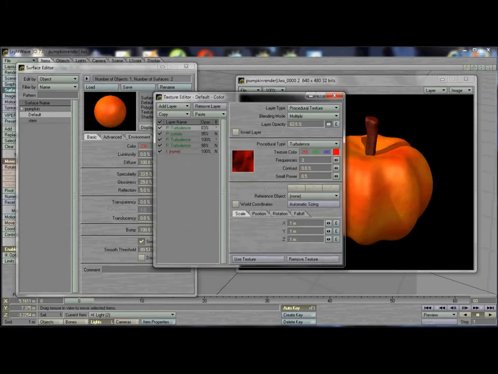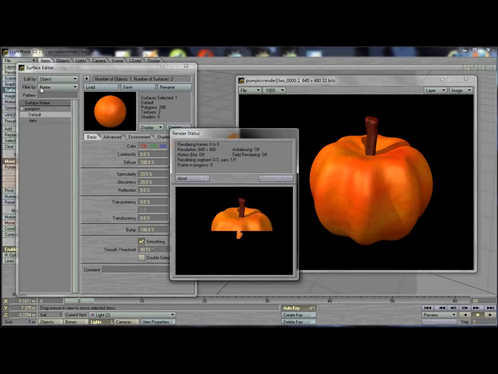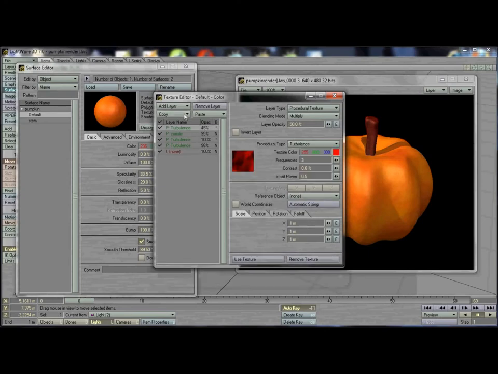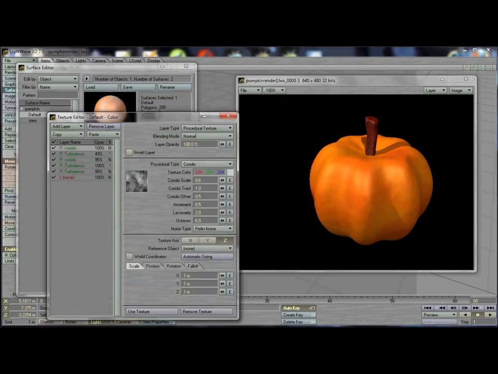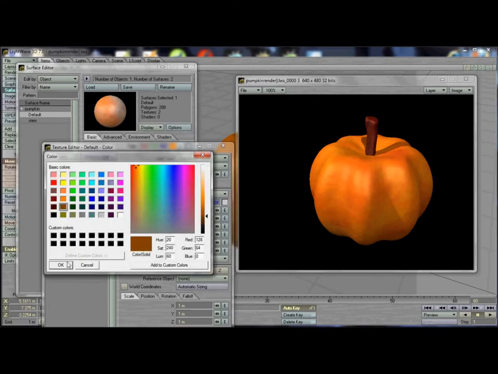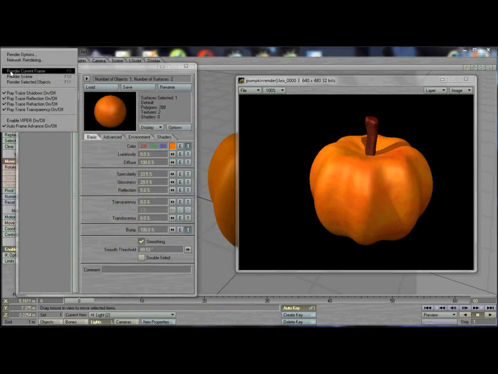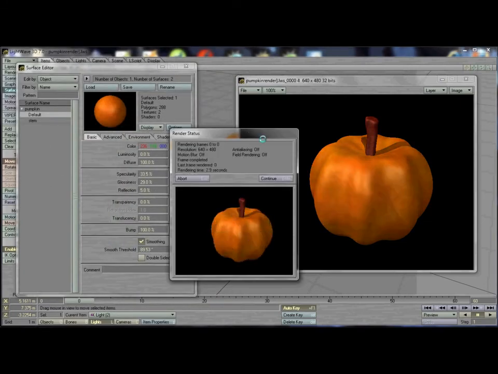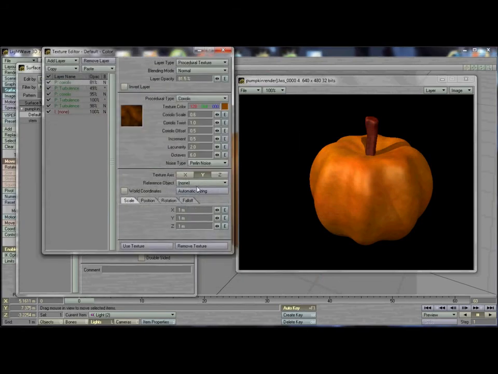The cool thing about getting objects and setting up a simple render scene like this, just a camera and two cross lightings, is you can play really quick with a quick renderer, and then do a final render where you really turn up your anti-aliasing and subpatching. So let me go ahead and add a little bit of brown to this and age it a little bit. Maybe back off of that a little bit, reduce the percentage,